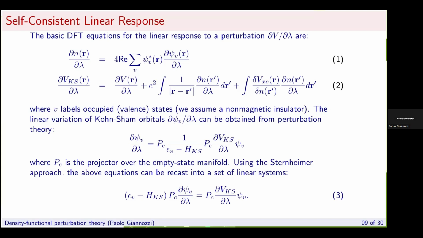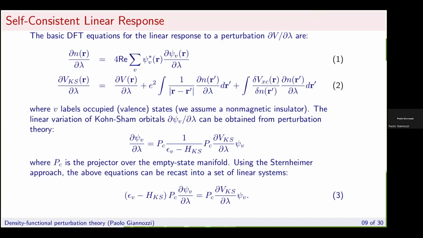So a perturbation that mixes states inside the valence manifold wouldn't change anything. So in order to have a change in the valence Kohn-Sham state, you have to include a contribution from unoccupied states. Now, this is the so-called Sternheimer approach,